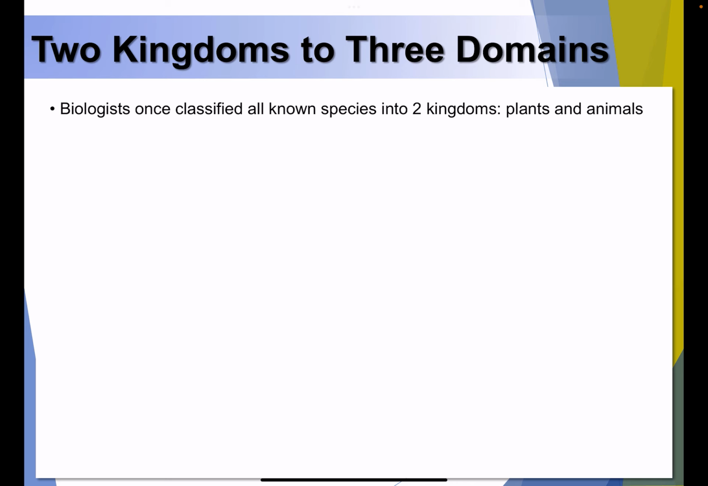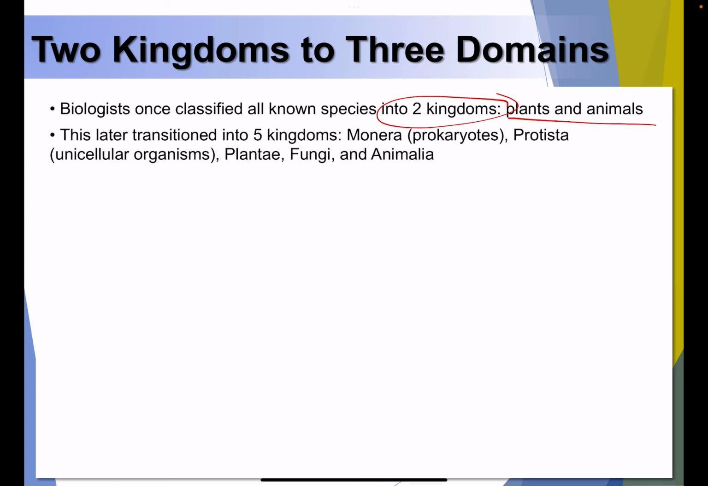This last part of the chapter talks about kingdoms and domains, and we will be talking about plant and animal species in the next chapters for the rest of the semester. So the last section of this chapter talks about how biologists have changed classifications over time. This is the best way we set the stage going into the organisms that we'll be talking about. They once classified all known species into just two kingdoms, which are just plants and animals, until this later transition into classification of five kingdoms: Monera, which are the kingdom of prokaryotes, including bacteria, and then we have Protista,